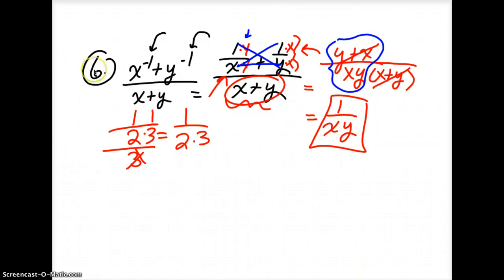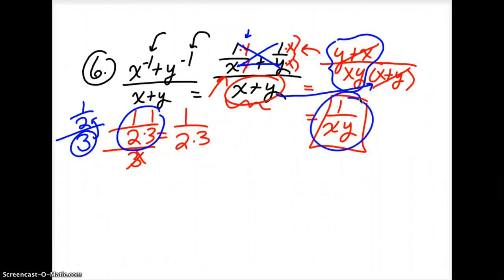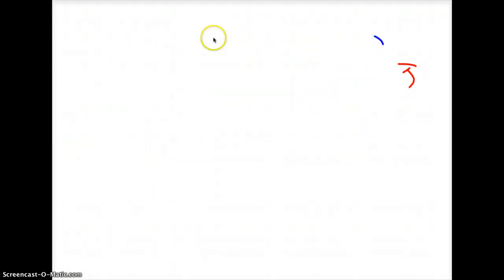Also, when you divide by a single quantity like that, so like over here again, when I have a fraction divided by a whole number or whole quantity, that really is down here, and it's really 1 over 2 times 3. Make sure you understand why that is. Again, I showed you it right here. It's because we take the reciprocal of the 3, which still keeps it on the bottom, which is why this remained on the bottom. And then my canceling occurred and left me with my final answer. So that was number 6. Number 7